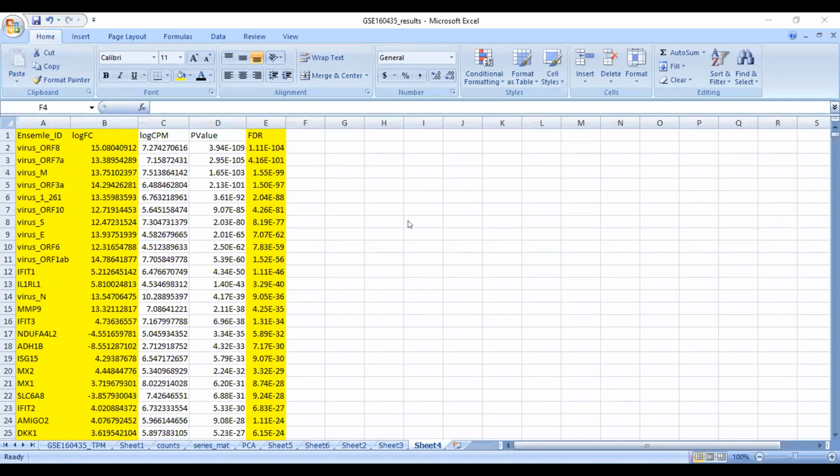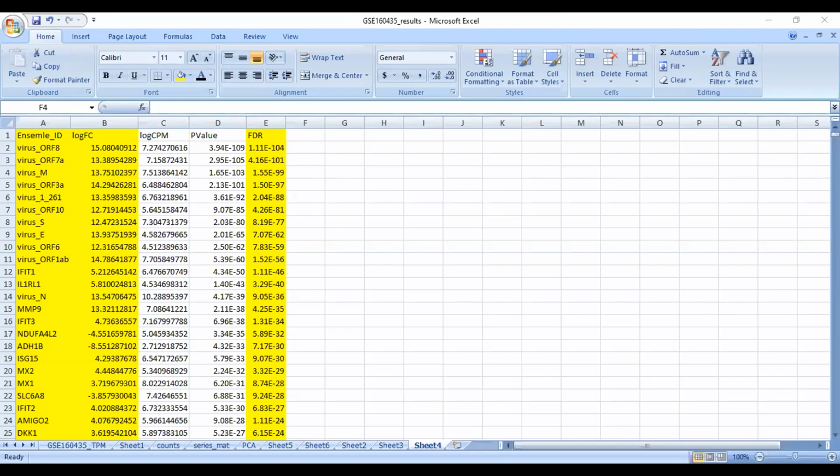What should be the FDR value to consider a gene statistically significant? Does anyone have any idea? Okay, so FDR in general is 5%, yes, less than 0.05. So we need to consider only those genes which are less than 0.05, right?